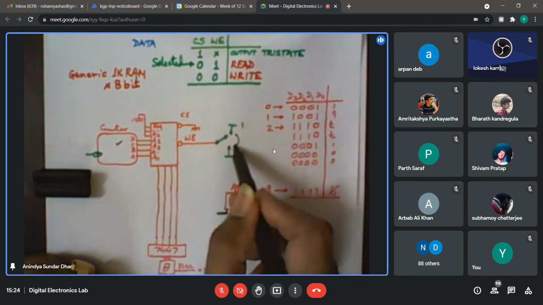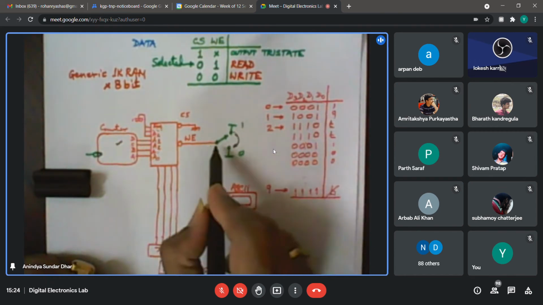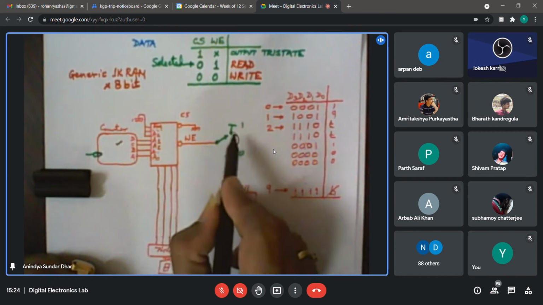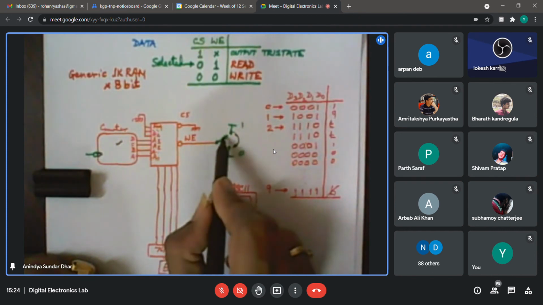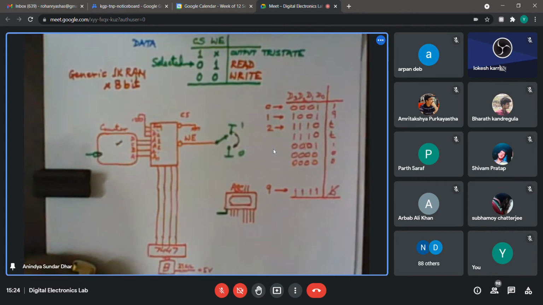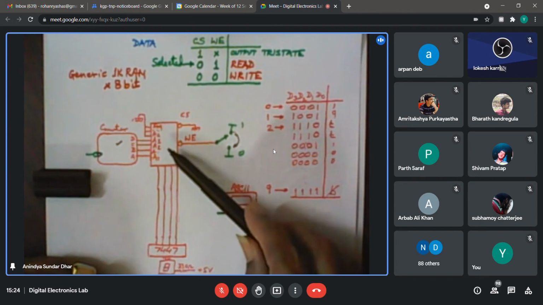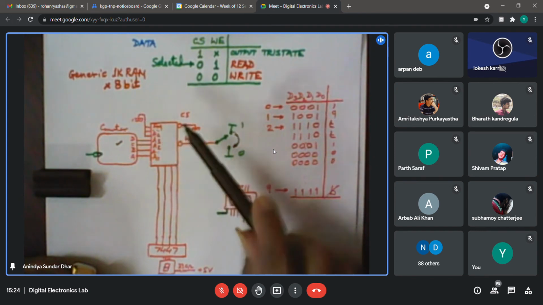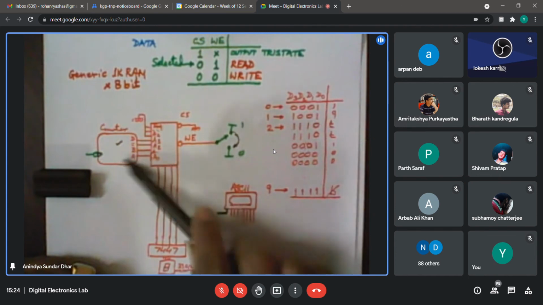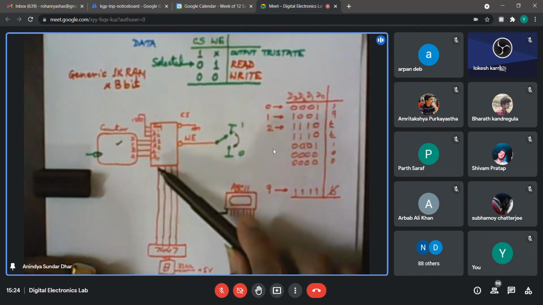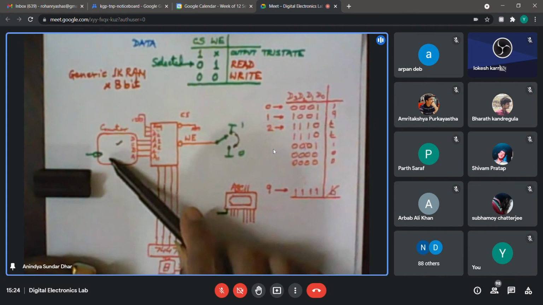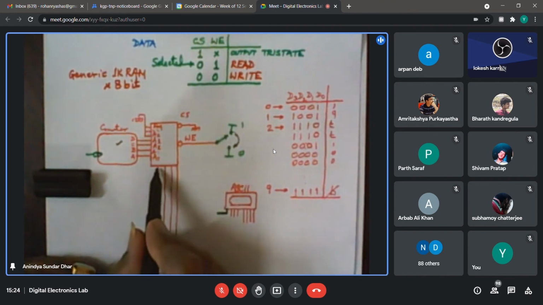Now I switch it back so that it won't be in the write mode anymore. I have completed my writing. Whatever position is being shown, it is now in the read mode. Do you understand what read mode is? Yes, sir. So in read mode, the bus becomes output with respect to RAM. Once again, from inside the RAM, the particular location addressed by this counter will appear at this data bus. So if I reset the counter back to 0, what is the expected output here?